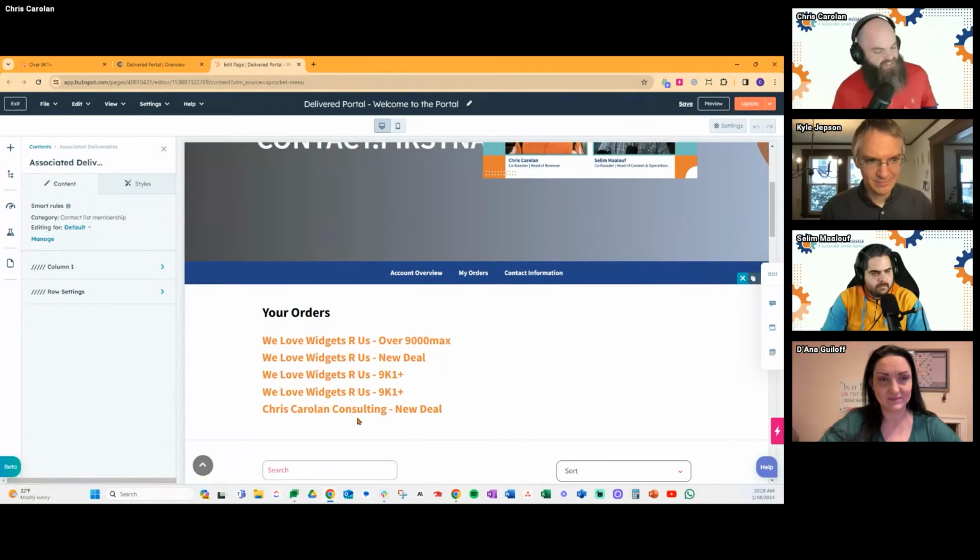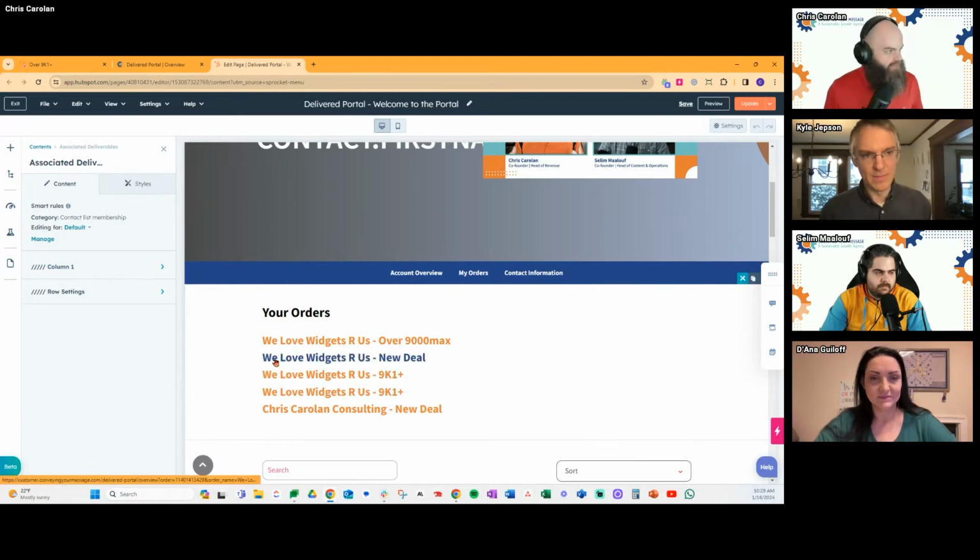And the thing I love about CMS Hub, which is really where the power comes from when you start to connect it to the CRM, is I could put this module on any page on the site, right? And it's automatically going to pull from the place in the CRM that we have right now. One thing to highlight is, let's say you serve a diverse client base, and for me right now, as I log in, I'm seeing